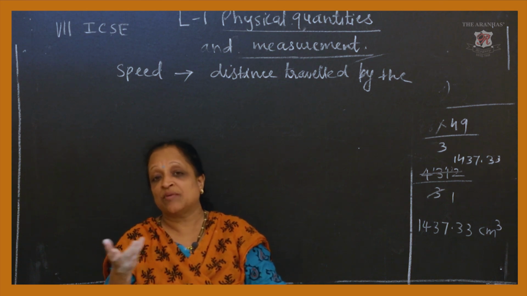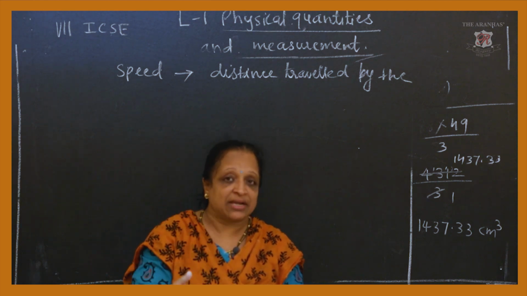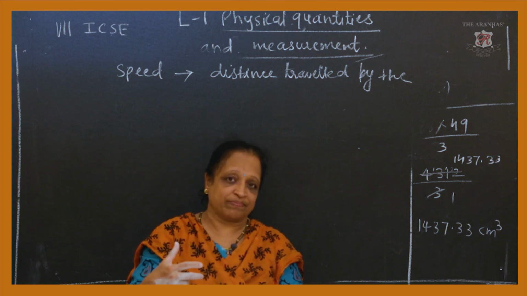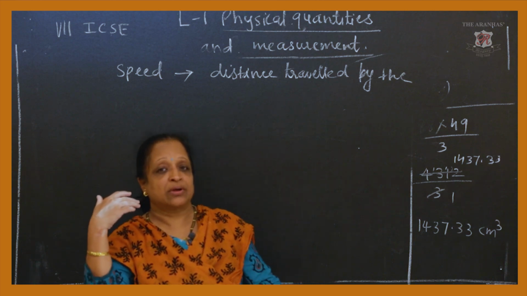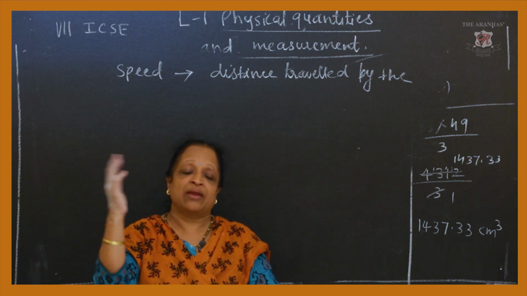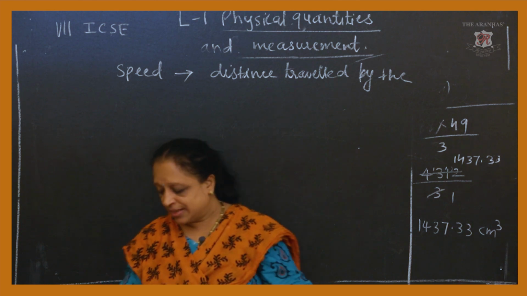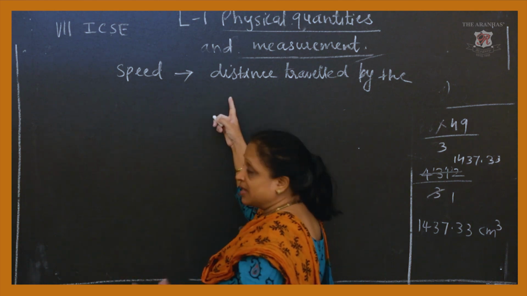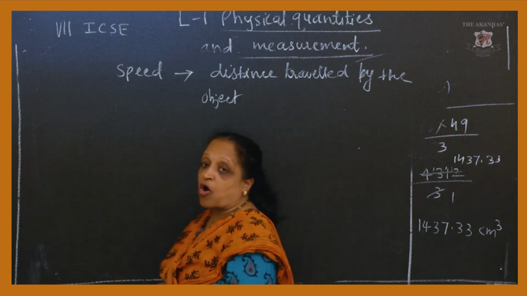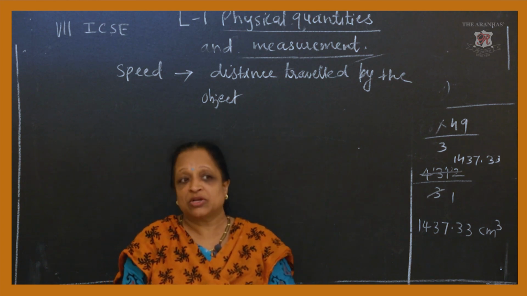You can imagine or judge that if I have to cover a closer distance, definitely I must require less time. And if I have to cover a long distance, then obviously it will take more time than what I required to cover a short distance. Therefore speed has been defined as the distance traveled by the object. That's why we are using the term object. I don't know whether it's a vehicle or walking. It is not necessary, because we are in motion.